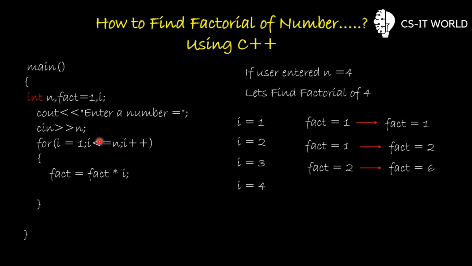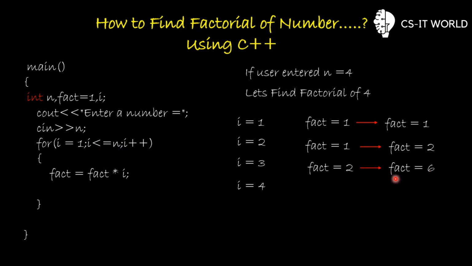Okay, it will again check the condition using the relational operator. By the way, this is a relational operator. If you want the explanation or the details about the relational operator, you can check my video. I'll mention the link in the description box and the i button, you can check it. So now value of i is 4. Is i less than 4 or equal to 4? It is equal to 4, so this condition will get true.